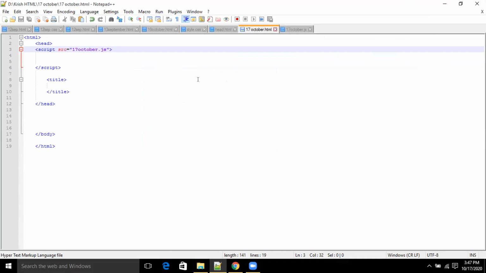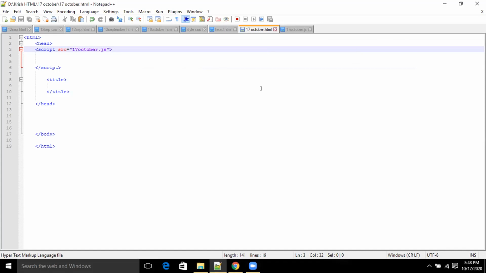Sir, there is a space in it. That's okay, that's not a problem. Excuse me, sir, I think the function word is wrong. Okay.